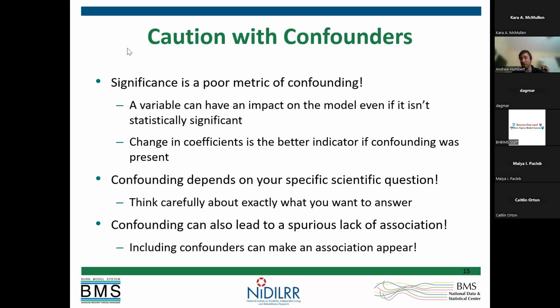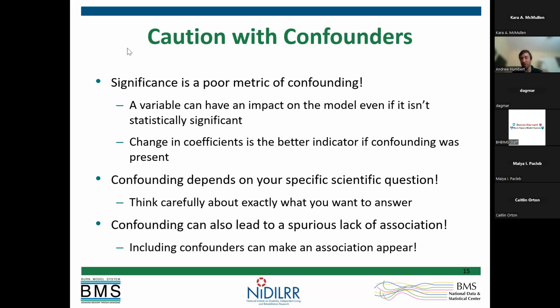If your predictor of interest basically has the exact same association whether you included a confounder or not, that variable is really not confounding that relationship, even if you thought it would a priori. If you're seeing a big change in that estimate or coefficient from the regression model, that indicates there was notable confounding, and we're seeing that big shift because there was some confounding that we are now accounting for by adding that variable. Often you're not even necessarily comparing across models to check if the confounding was important or not. Often you just say scientifically we want to include this, and that's good enough.